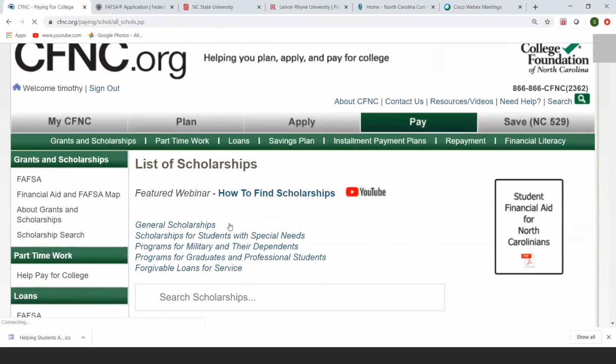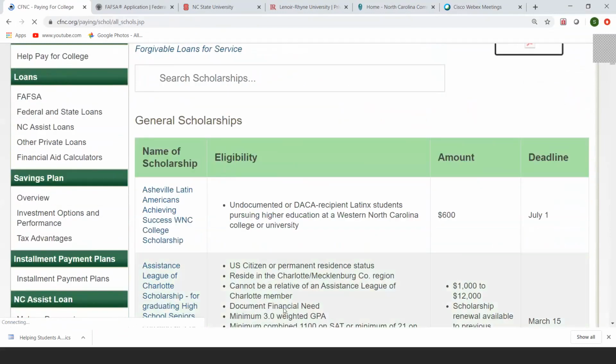This list is extensive. I encourage students to have an Excel spreadsheet in the toolbar, or perhaps a Numbers spreadsheet if they're a Macintosh person. They can create some kind of document to help track what opportunities they're eligible for, and that those students also meet the appropriate deadline. Scholarships have deadlines that range all over the calendar year. Oftentimes, local scholarships have deadlines in the spring, whereas federal grants and national scholarships and institutional scholarships have deadlines in the fall. So it's critical that we organize our research, and I recommend you organize it similar to how we have it organized on